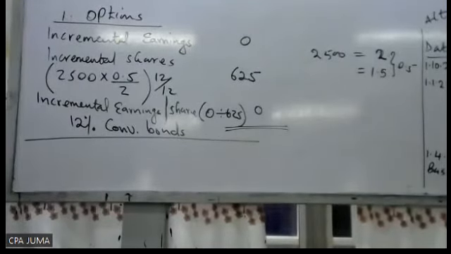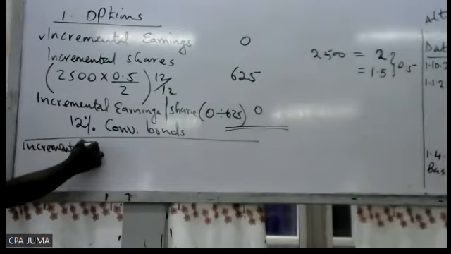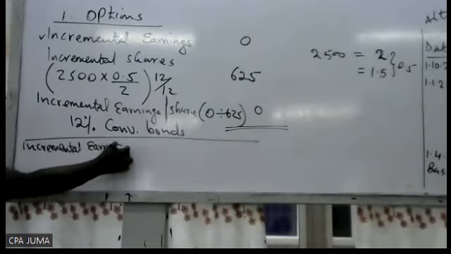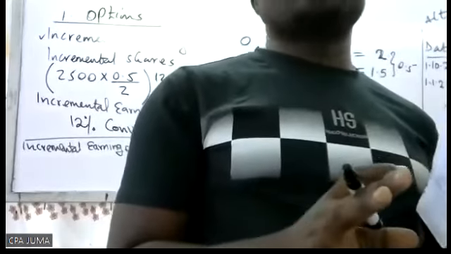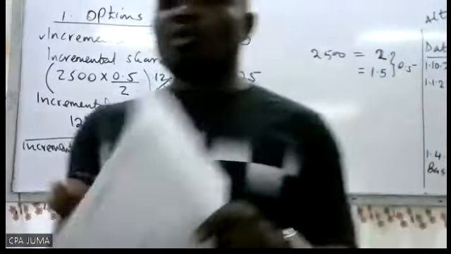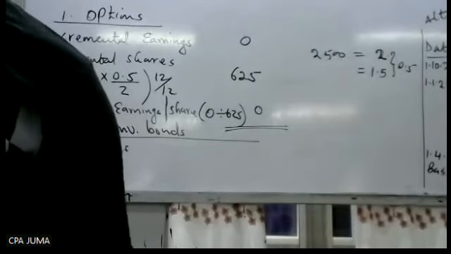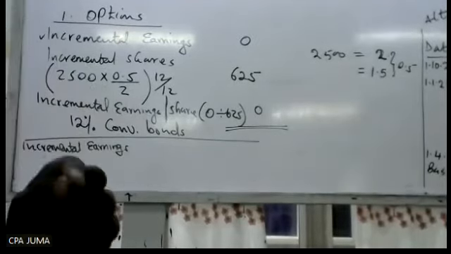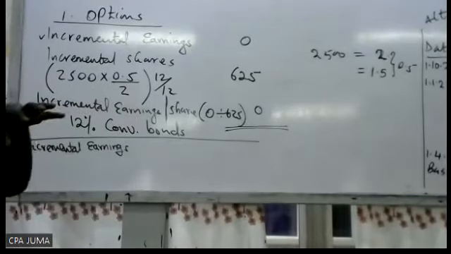And people done. So 12% convertible bonds, the same. Check. Incremental what? Incremental earnings. So incremental earnings means when these people will convert into shares, how will the company's earnings be affected? Profit, what will be the effect? So you start by reasoning this way. How do they normally affect the company's earnings? Bondholders, what is always the effect?